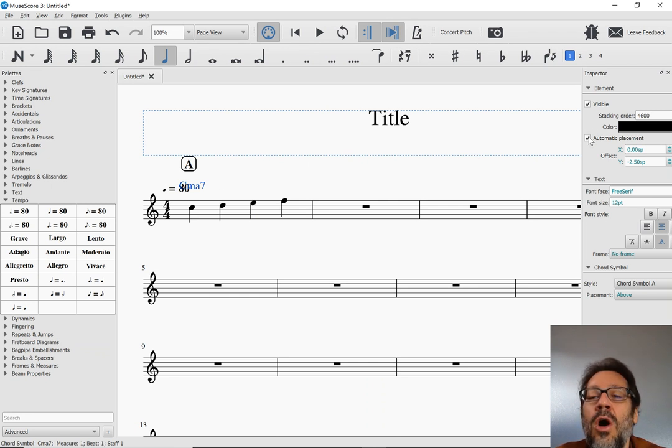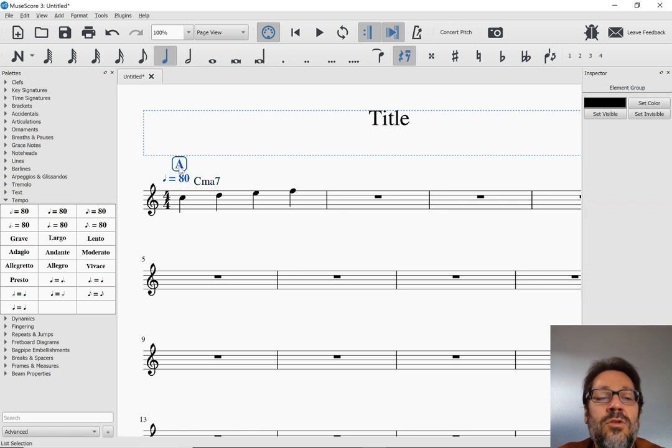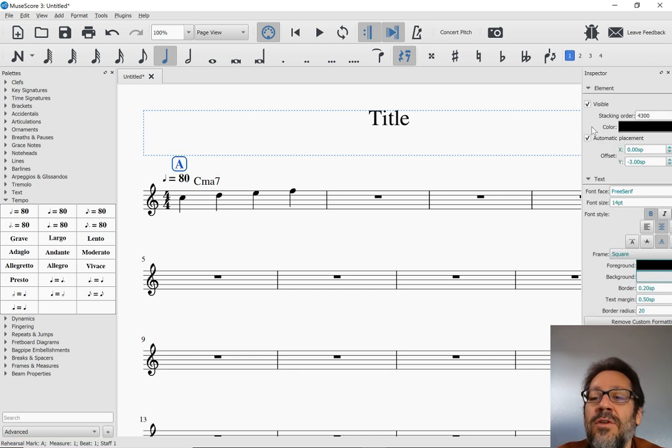I can turn off automatic placement for that chord symbol. And now the chord symbol is kind of excluded from the calculation. These two continue to avoid each other, but now I can make the chord symbol be wherever it is. Or maybe these two, I can also move these guys individually, and I could